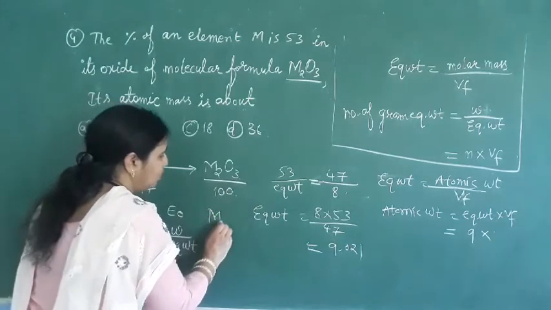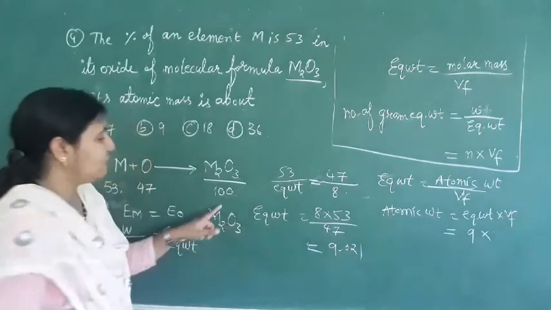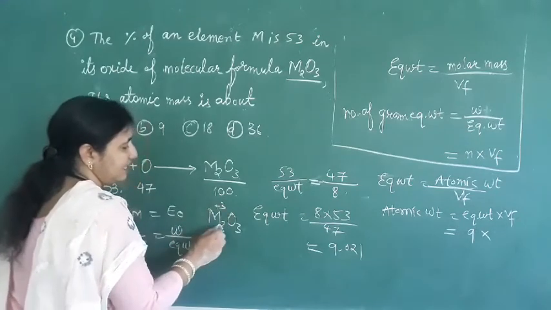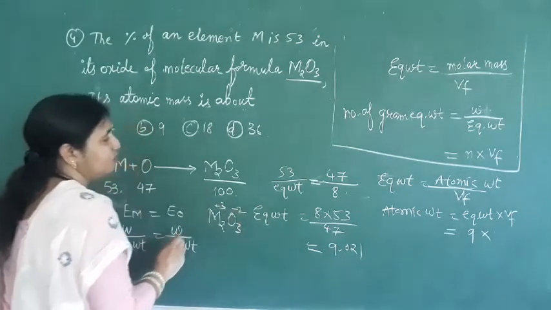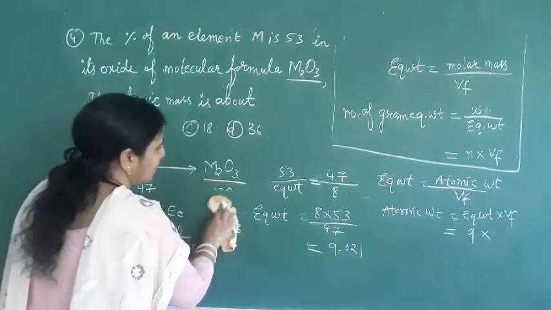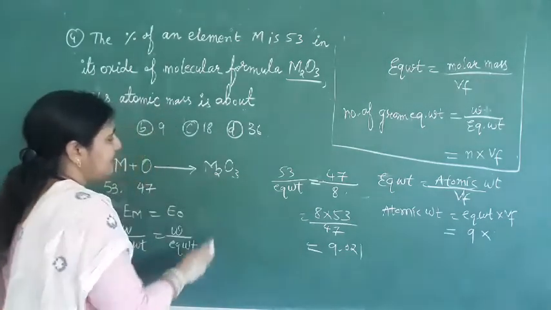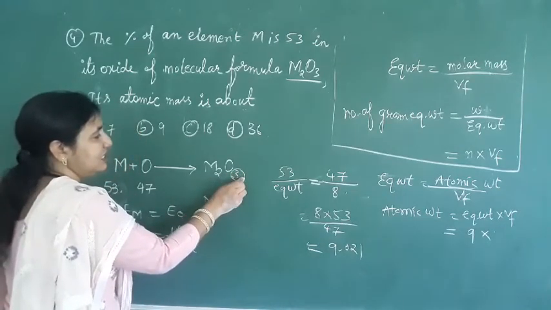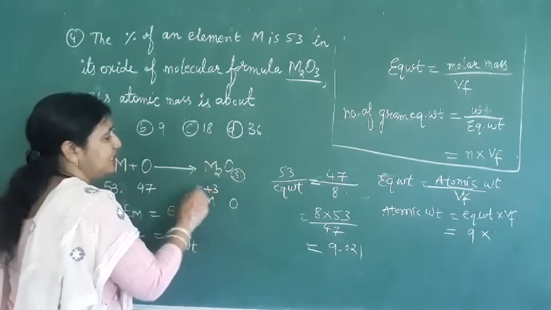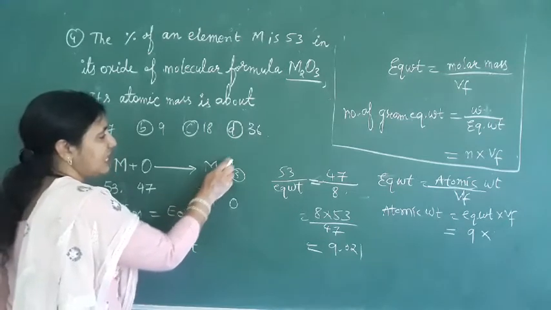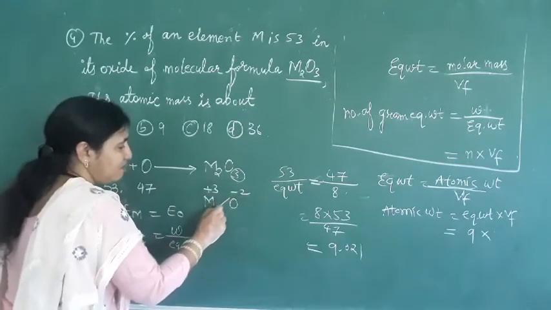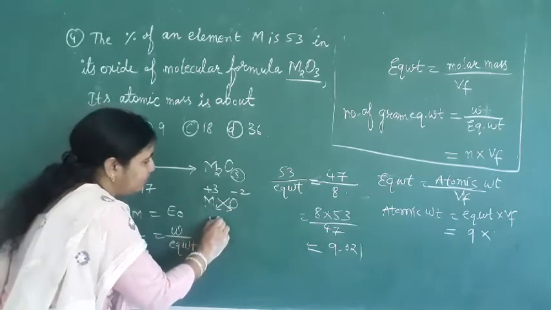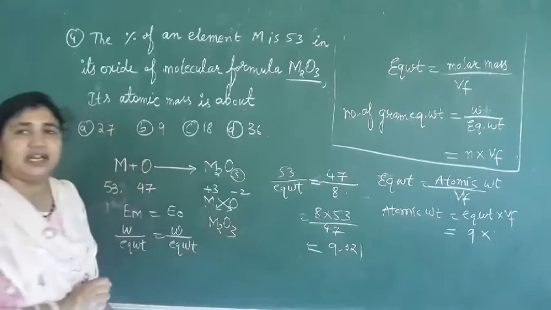In this M2O3, okay, the charge on metal, what it will be? Plus 3 here, and oxygen is what here? Minus 2. See how this formula has come? This is M and this is O here. This 3 is the charge of metal, plus 3 here. Okay, and this 2 is the charge of oxygen, minus 2 here. When we crisscross this one, then we got this formula here, M2O3. Okay, like this way here.